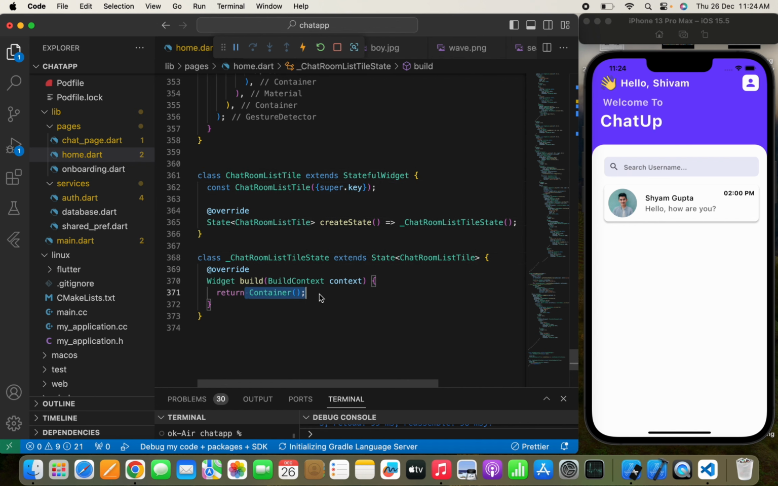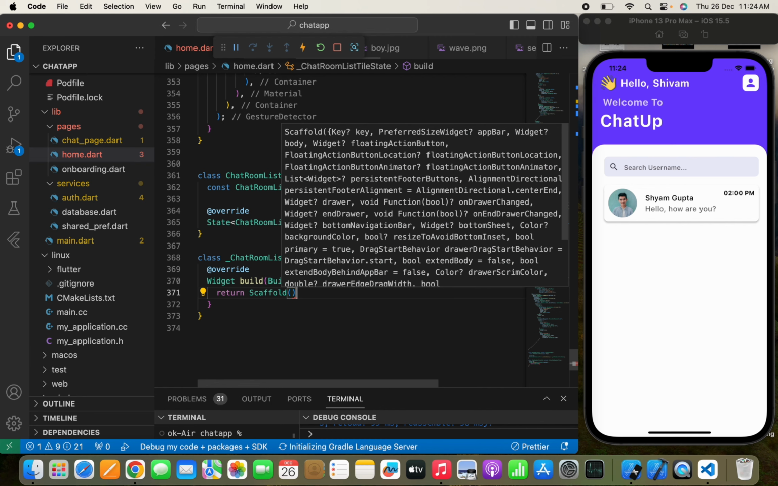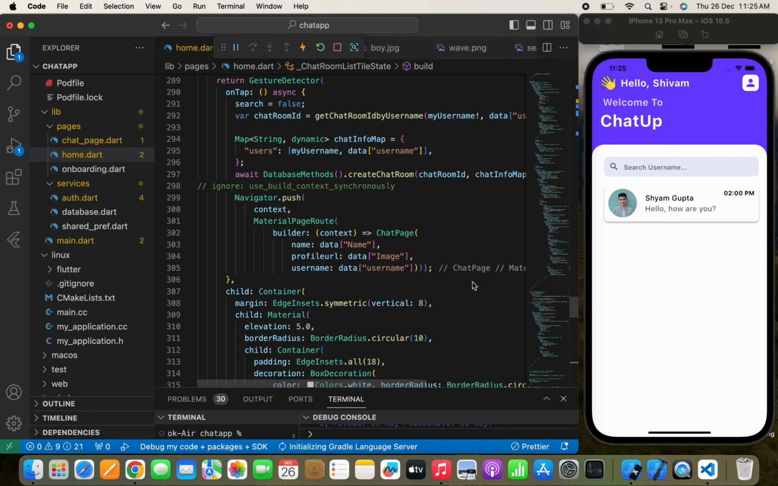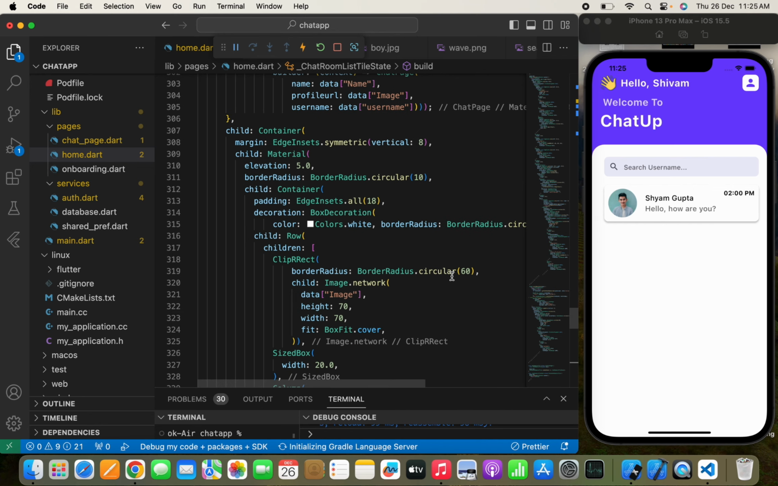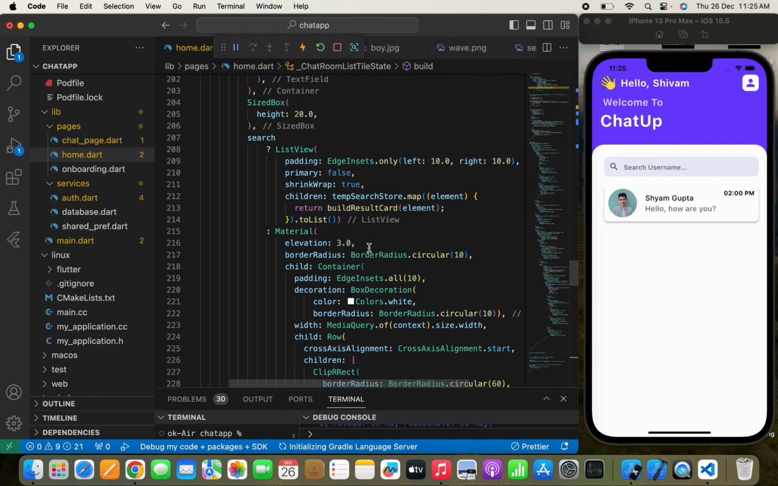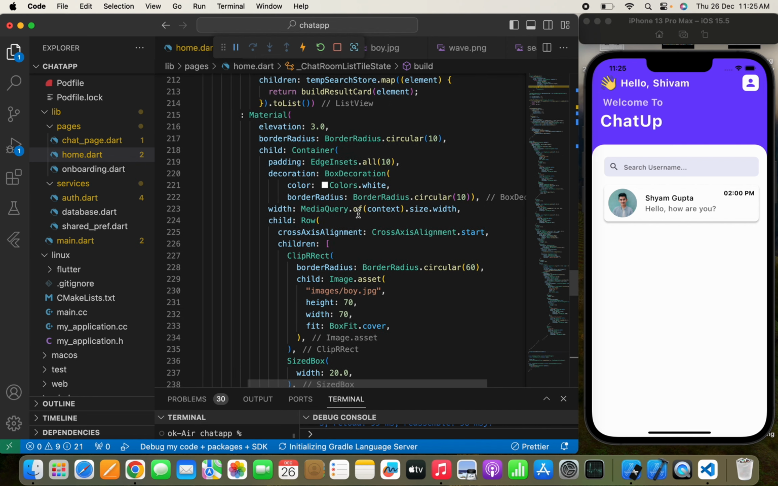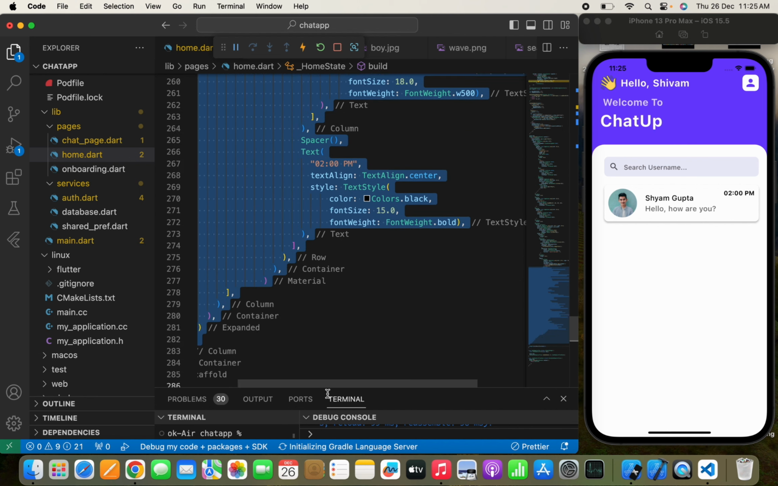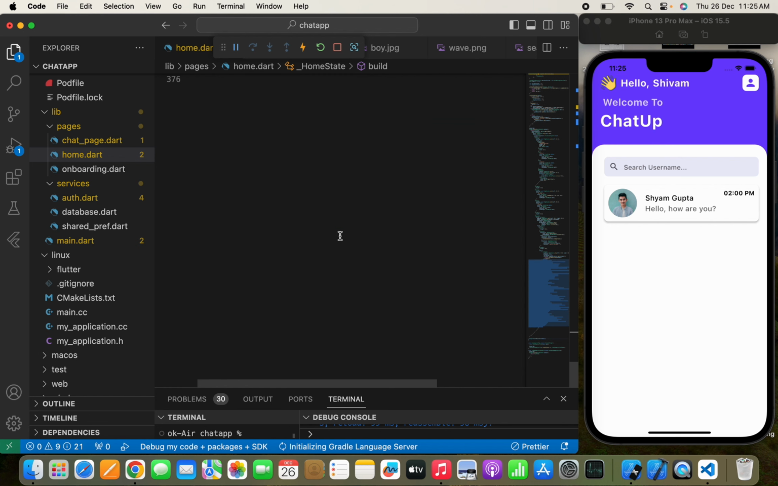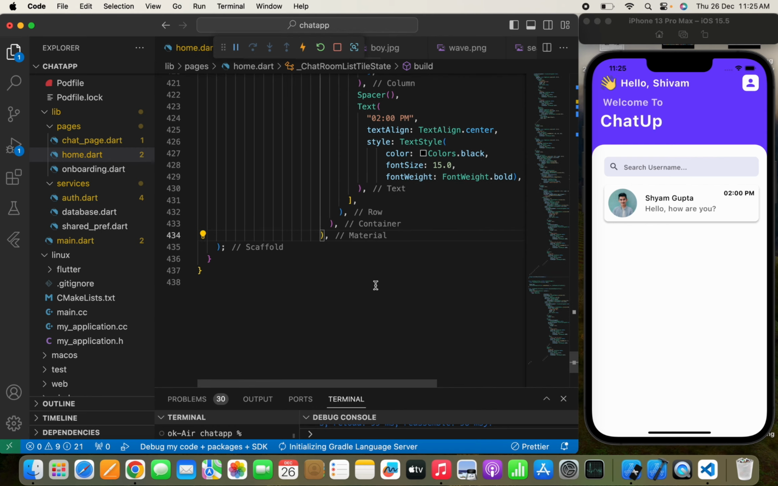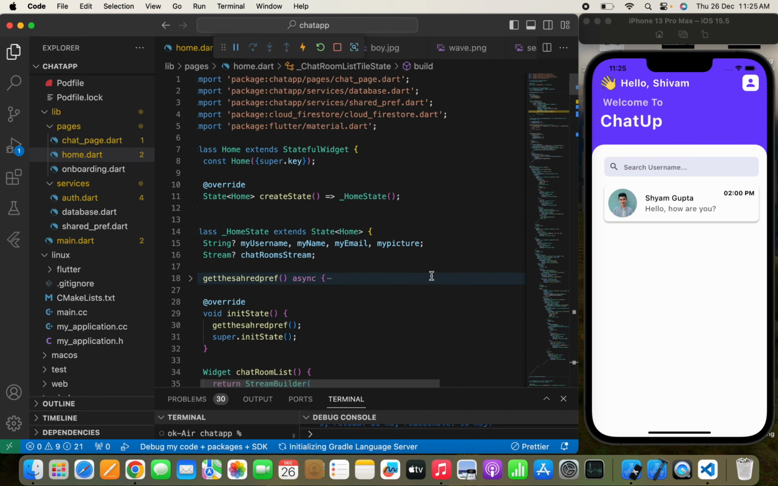Yeah, now here I can simply pass a scaffold. Now here I think so, rather than passing a scaffold, we can simply show this container that we have just made for the UI. And here I need to simply copy this complete thing from here where we have written something over here. So I'll copy this material widget and simply paste it over here in the body. Now once we have done all this thing